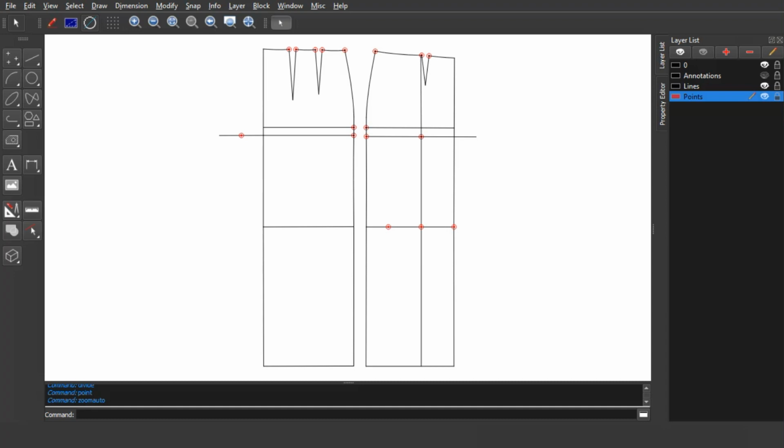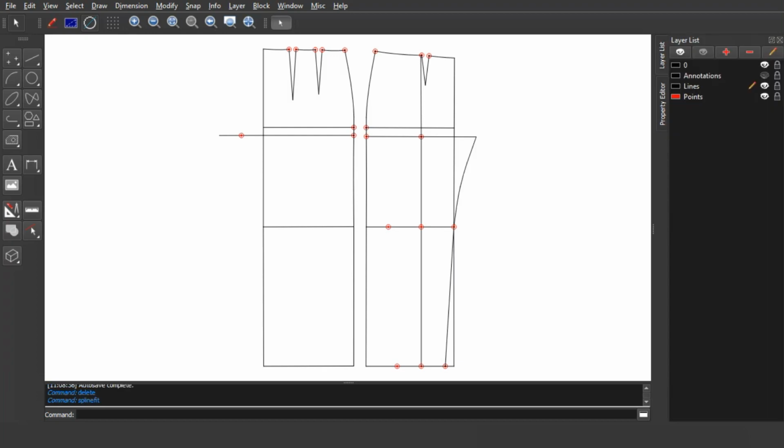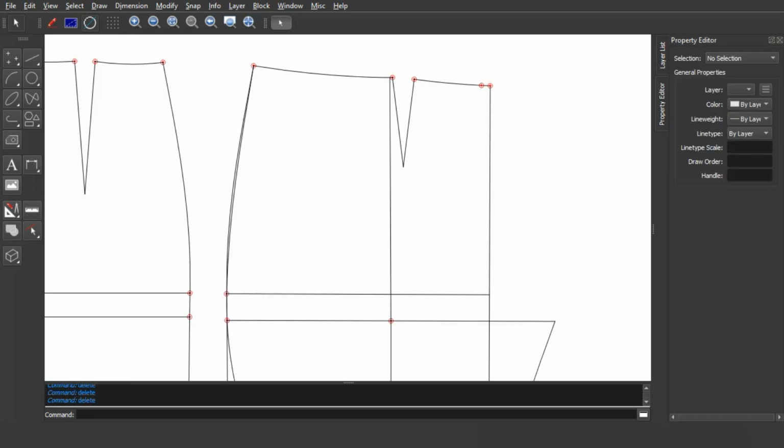On the knee line, mark the knee circumference divided by 4 on either side of the line. We will add ease to the back leg. On the hem line, mark the instep divided by 4 on either side. Connect the knee line to the hem line, then the crotch line to the knee line with a smooth curve. This is the inseam. Do the same for the side seam.